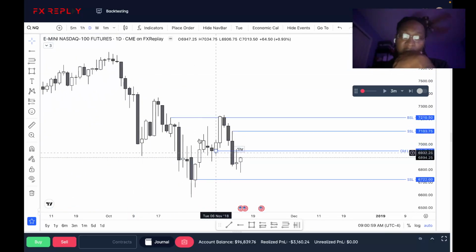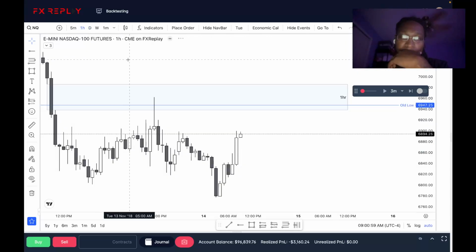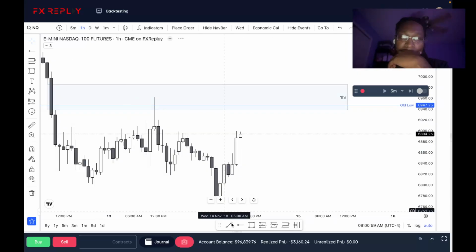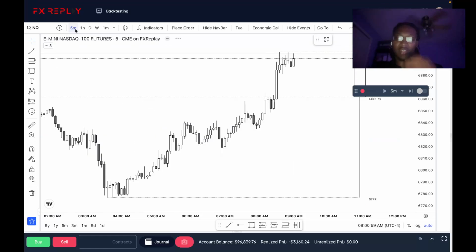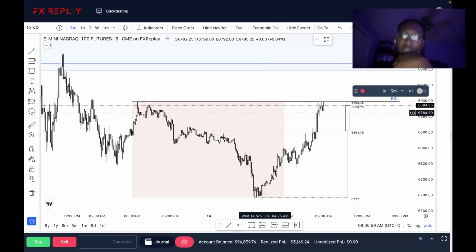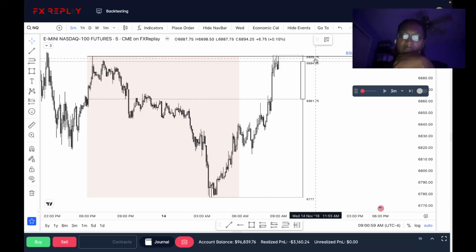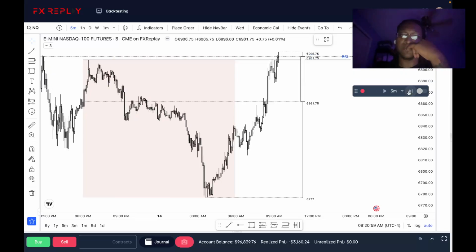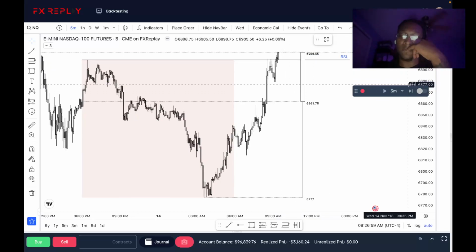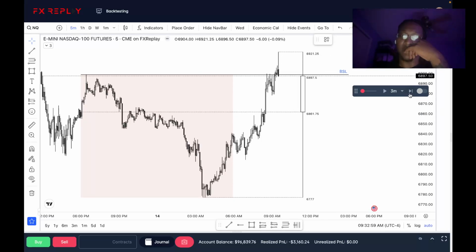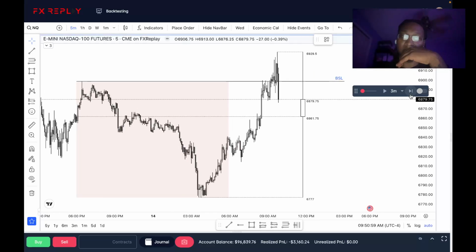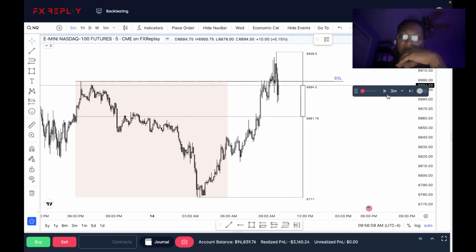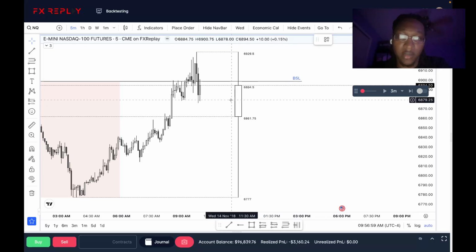I like this reaction off the order block. Took out some buy side. I'd want to see some runs lower. Run out buy side if we can get a nice full fill on this inefficiency. 925. 930s right here. Oof. I like that. I like the way that did that.